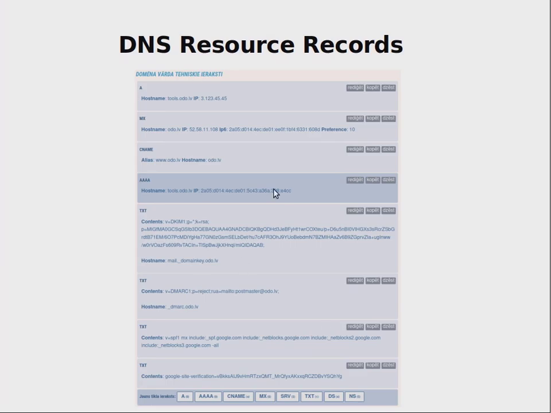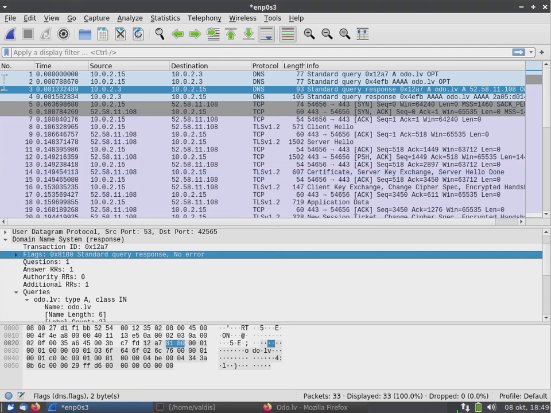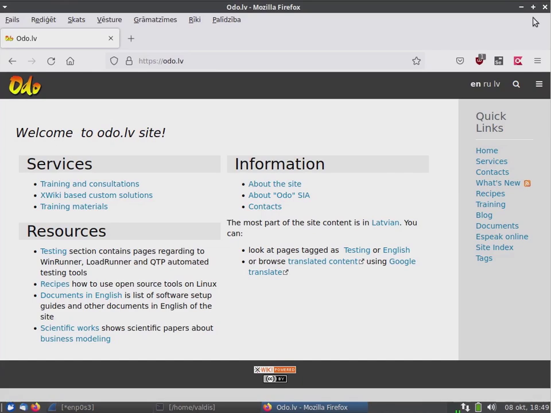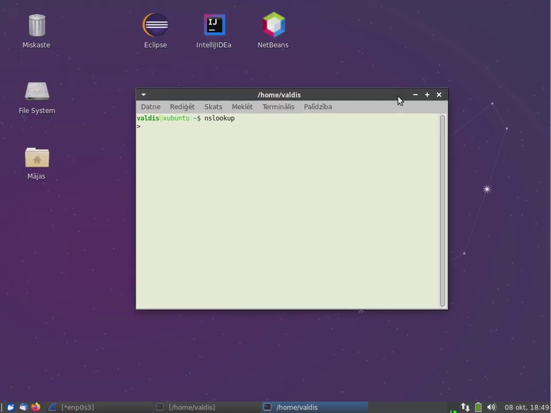So I open nits.lv and I can put what, for example, the IP addresses are for these host names, etc. And then what happens is something like this. nslookup is a utility to check what the IP address is for a domain name in the domain name system. And I can write odo.lv.